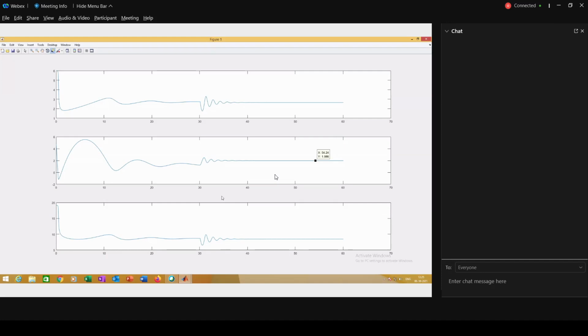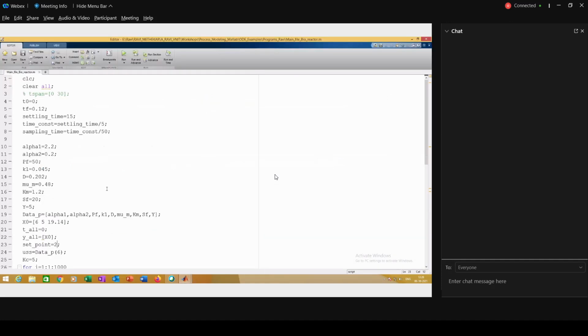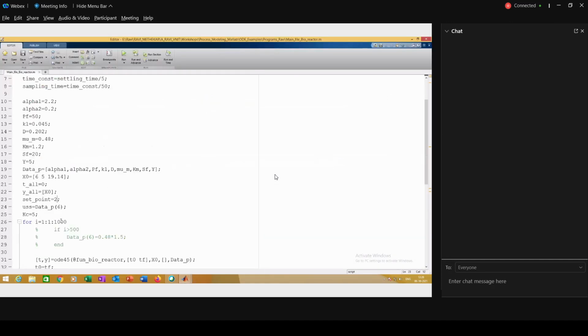On my graph? Sir, after this 60, if we want to check the value after 60 on the second one. So it will not drop for me. Now it will not drop.